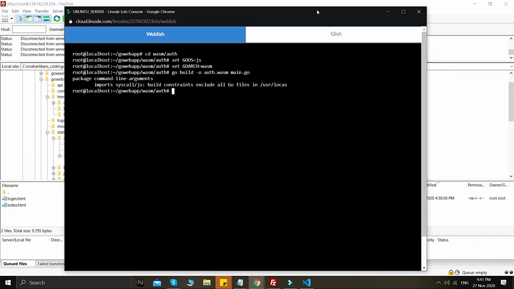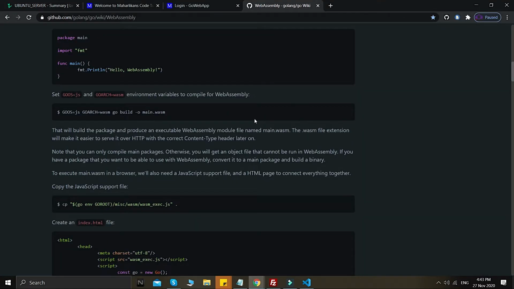So let's see, exclude all Go files from the, okay, we need to check again, guys. So okay, guys, I think we will take a look at this tutorial again from the Golang GitHub page, the official GitHub for Golang, guys. So we need to check here. The main thing is for the Linux OS, we need to do exactly this kind of building, guys. For remember that when we have done the Windows building, guys,